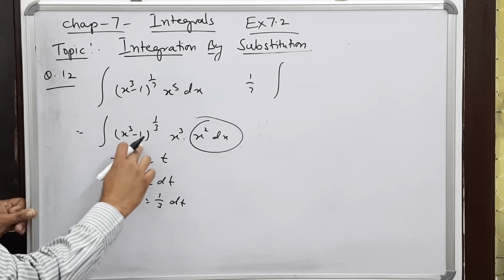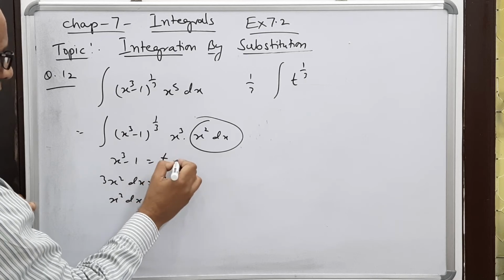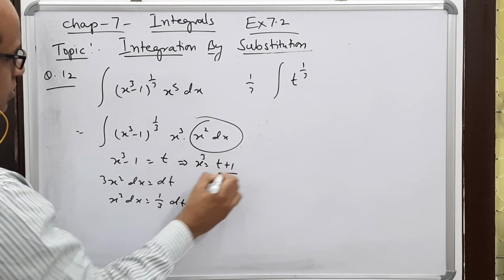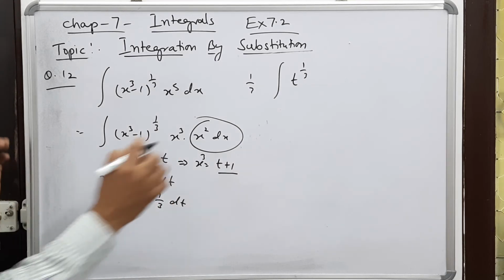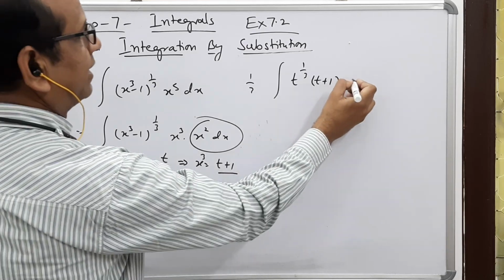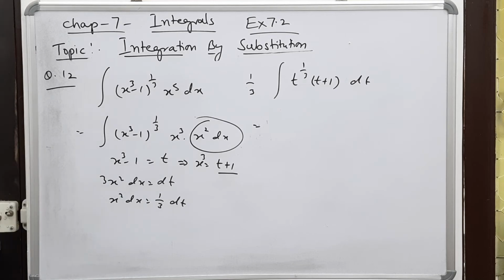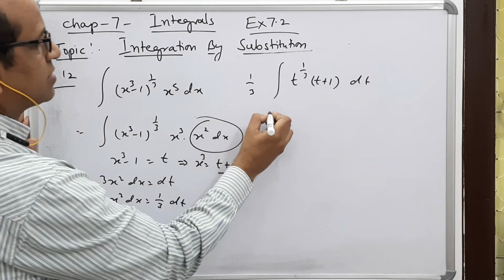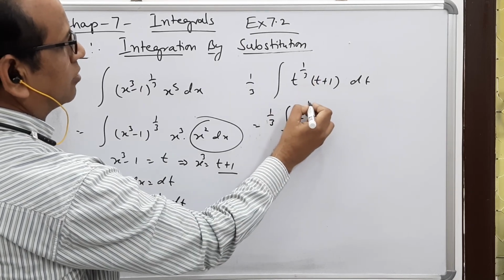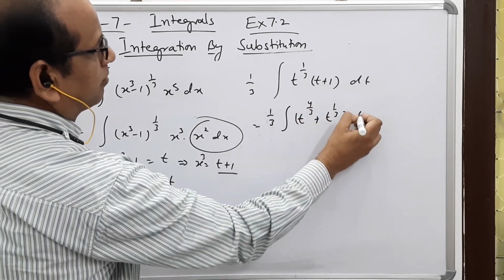You see the meaning of this one will be now t power 1 by 3. And what will be the x cube from here? The x cube will be t plus 1. This minus will transfer to that side. So we write t plus 1. And then it is dt, because 1 by 3 we have already written in the starting. So the next part is 1 by 3 t power 1 by 3 plus 1, so it is 4 by 3 and t power 1 by 3 dt.